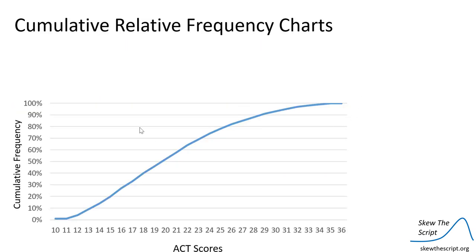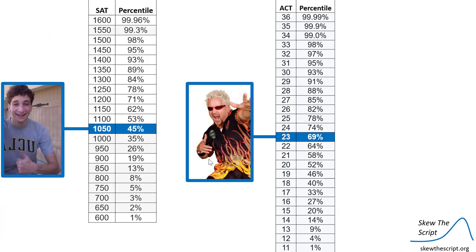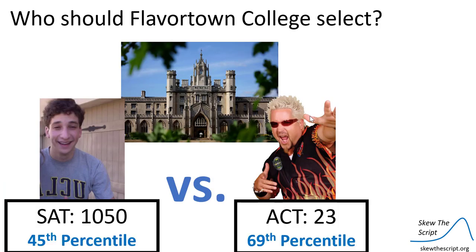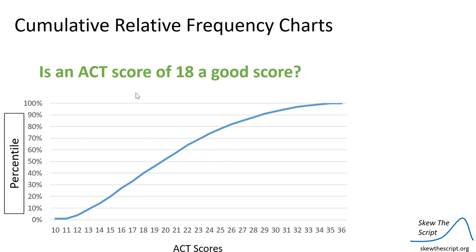When we talk about cumulative frequency, if you were to take all that data and put it on a chart, so we take all that data from before and put it in a chart for the ACT scores, I notice that an ACT score of 10 is in about the 0 percentile. But you can follow this up and ask, is an ACT score of 18 a good score? If I go to 18, and then over to my y-axis to look at the percentile, I can see that an ACT score of 18 is in the 40th percentile, so it did better than 40% of people.